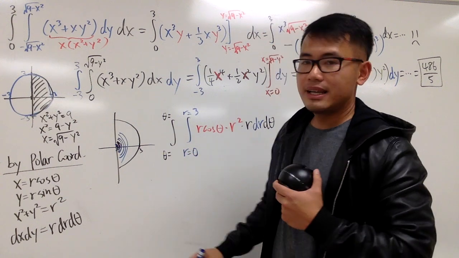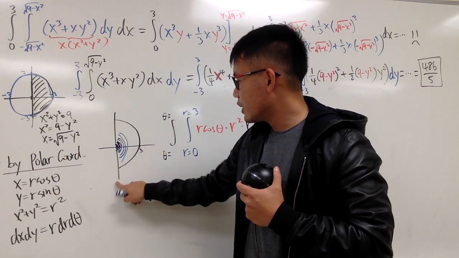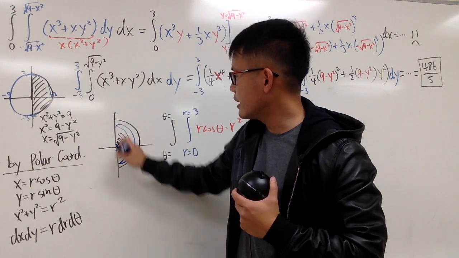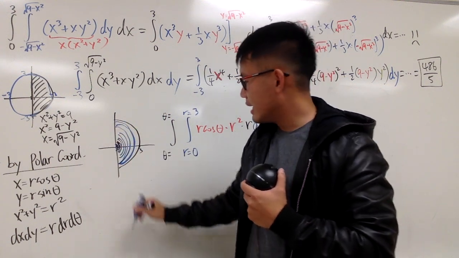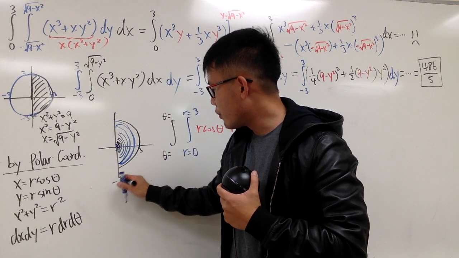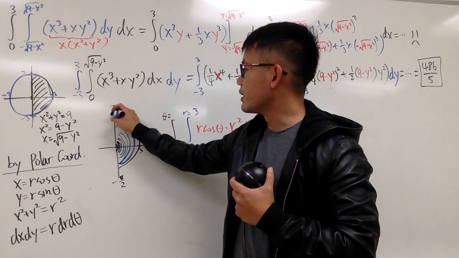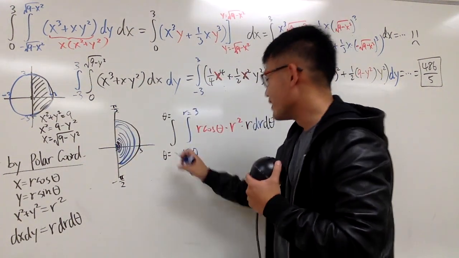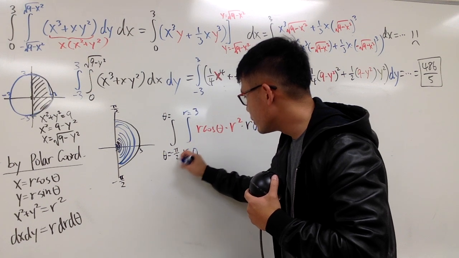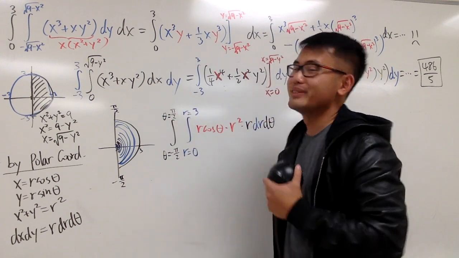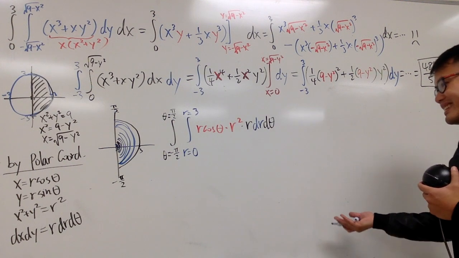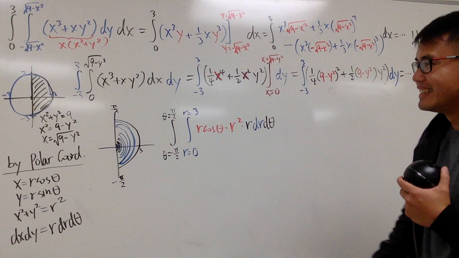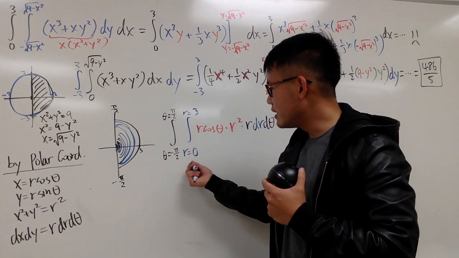And theta, it's the angle, right? You technically have to draw the picture from here and then to here, because you have to rotate like that. So the theta here is negative pi over 2, and this right here is positive pi over 2. So theta is negative pi over 2 up to pi over 2. So this is how you change the original double integral by using polar coordinates. So pay attention to the radius of the circle and also